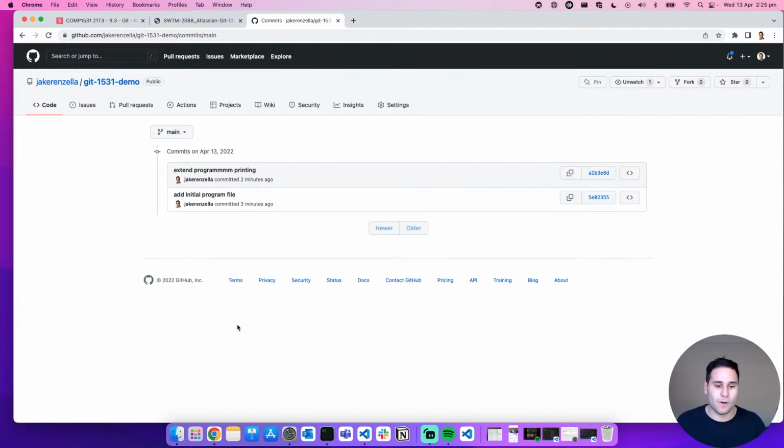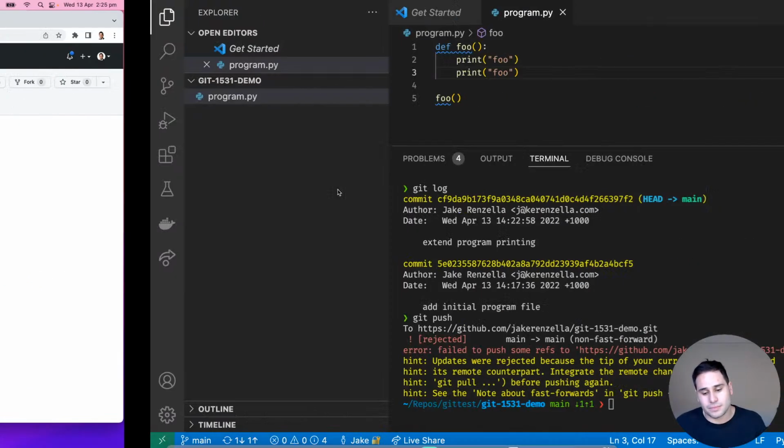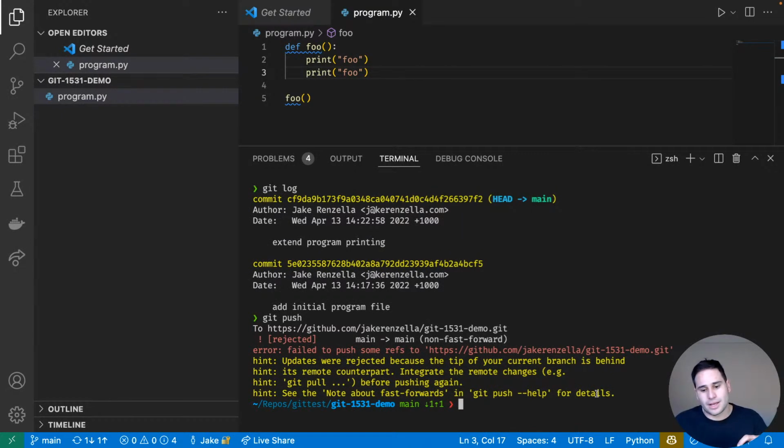The issue here now is that the local commit history and the remote commit history have diverged. I've made a different commit basically locally. And it's telling us right here, the updates were rejected because the tip of your current branch is behind its remote counterpart. And that they're not integrated. So the commit on the remote repository and the commit that I have locally aren't aligned, and Git doesn't know